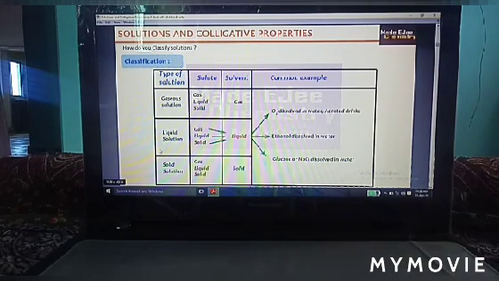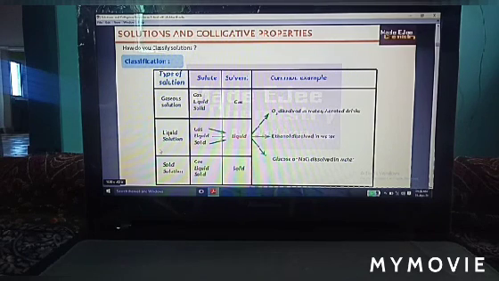The second example is liquid dissolved in liquid, where you can see the example of ethanol dissolved in water. The ethanol is always taken in a smaller quantity, and in other words, water is always taken in a larger proportion. In the third example, you can see solid dissolved in liquid, for example glucose or NaCl dissolved in water. The glucose or NaCl is always taken in a small proportion, so we can say that glucose or NaCl is a solute, whereas the liquid, water, always acts as the solvent.